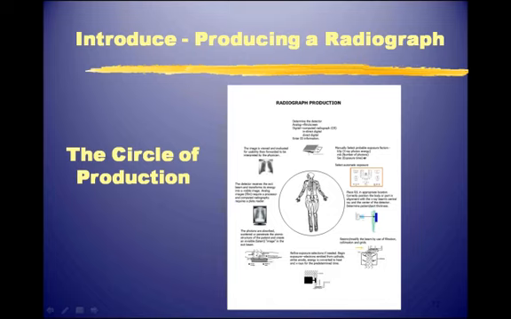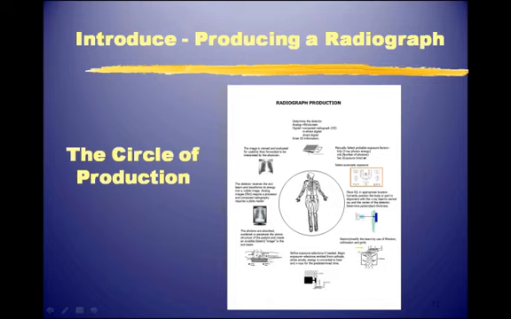Restrict or modify the beam by use of filtration, collimation, or grids. Then refine the exposure as I've mentioned. Begin the exposure by pressing the first stage of the exposure, which brings up the rotor to speed. It's a two-step operation. And electrons will be emitted from the cathode, strike the anode, and at that point there's